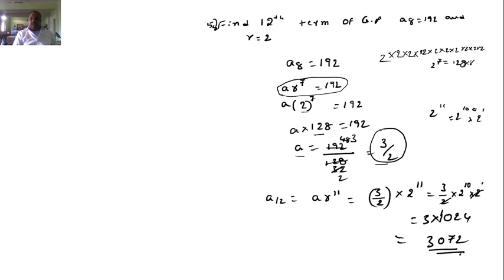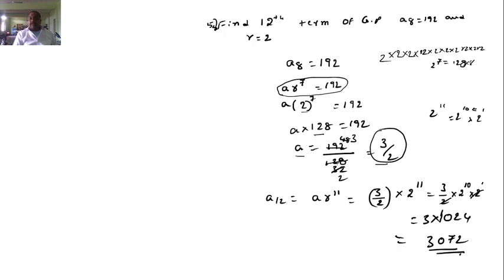So a is equal to 192 by 128. We will get 3 by 2. How? We divide both numerator and denominator by 4. 4 fours are 16, 4 eights are 32, 4 threes are 12, 4 twos are 8. 48 and 32, these values are in the 16 table. 16 threes are 48, 16 twos are 32, so 3 by 2.